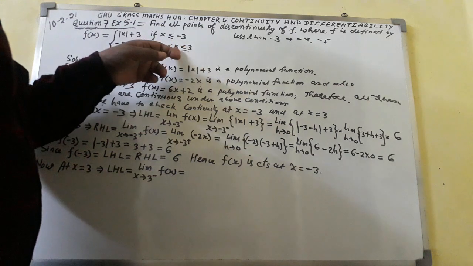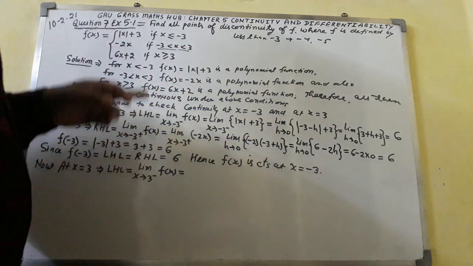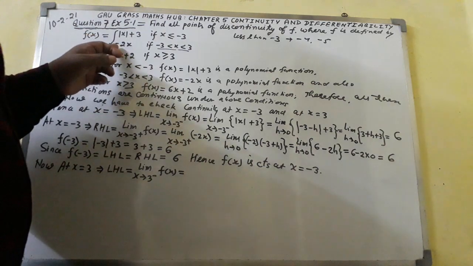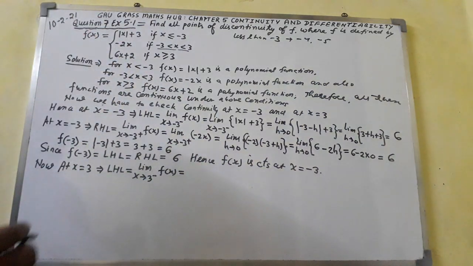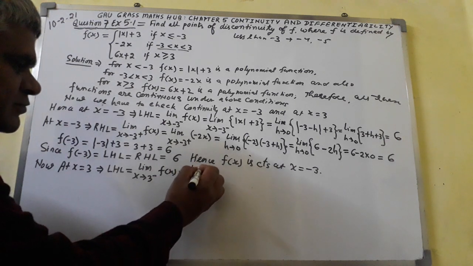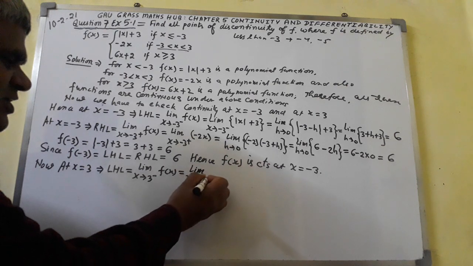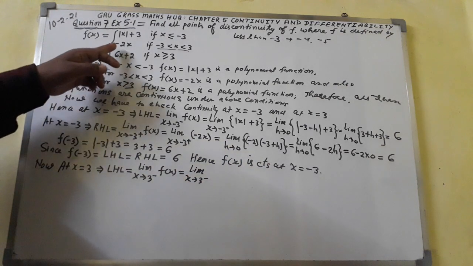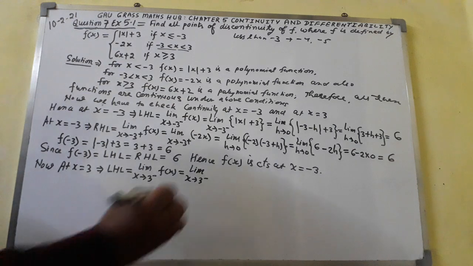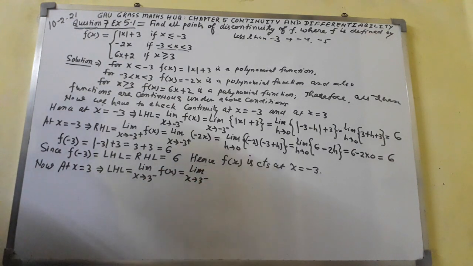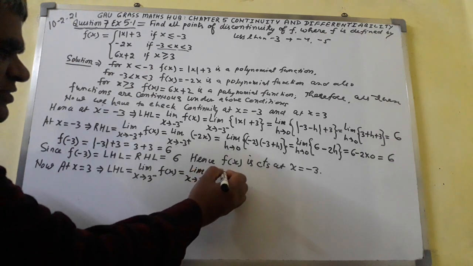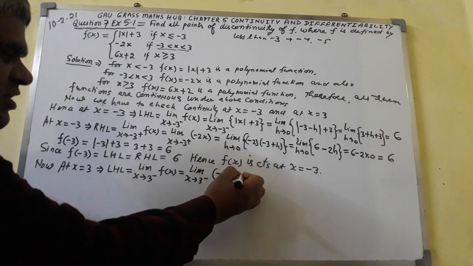X is less than 3. The value of x is less than 3. This function I shall write. So here f of x will be minus 2x. So here I shall write lim x tends 3 negative of, and in place of f of x I shall write in bracket minus 2x, equal to,